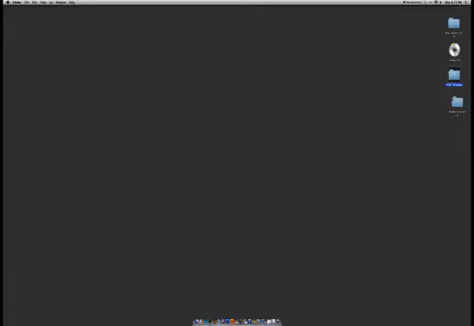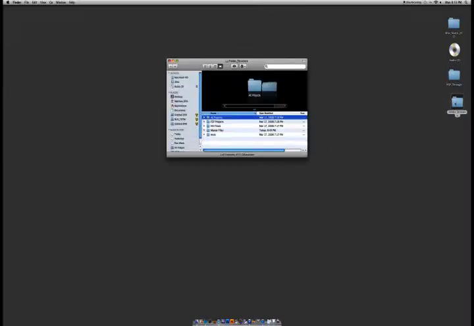We want to be specific about our folder structure. So I'm going to open up this folder. Inside here I have 5 folders. I've got my AE projects for After Effects projects. That's where I'm going to be doing most of my editing, if not all of it. I may go into Final Cut Pro and do some editing there, so I've got a Final Cut Pro projects